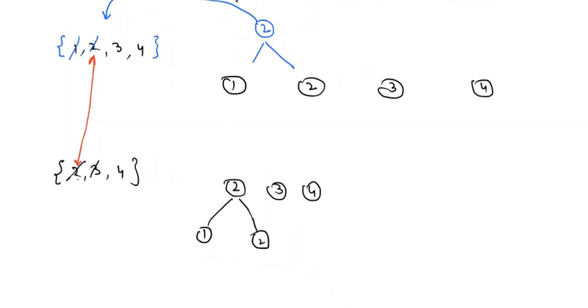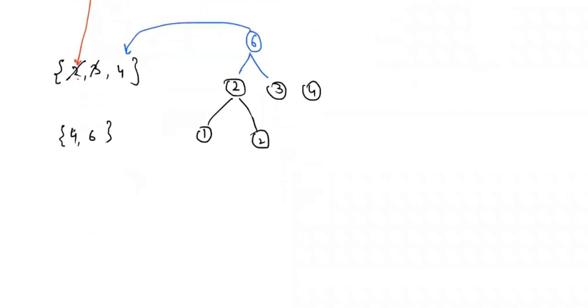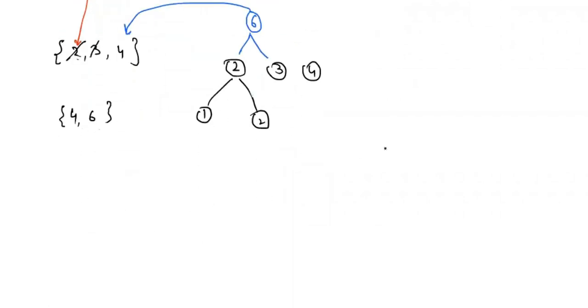Then we combine these two using a parent. So one parent will be 6, and then we insert this parent into the priority queue. So when we insert this parent into the priority queue, it will become 4 and 6. Now we have a queue in which there are only two elements, 4 and 6, and the nodes look something like this. So 6 is there, 6 has two children, 2 and 3, 2 has two children, 1 and 2, and there is one extra node that is lying, that is 4. These 4 and 6 are the two unprocessed nodes. All other nodes are already processed, so we are not even looking at them.